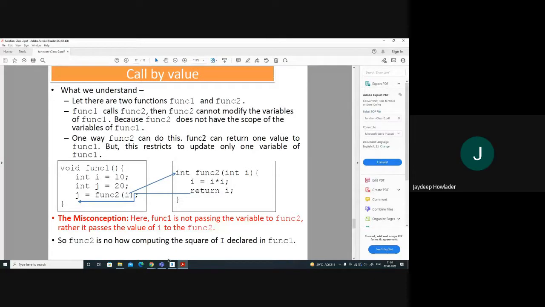Okay. So in our last class, we have seen the scope and lifetime of the variable, in case when we have a function call and we have transferred the control from one function to another. This is just a review of that part. So what is happening? If there are two functions, f1 and f2, and f1 is calling the function f2, then what happened? f2 cannot modify the variables of f1, because it's the scope and the lifetime of the variables